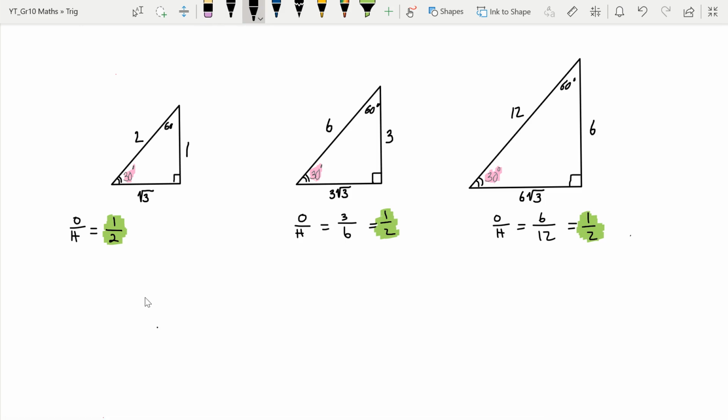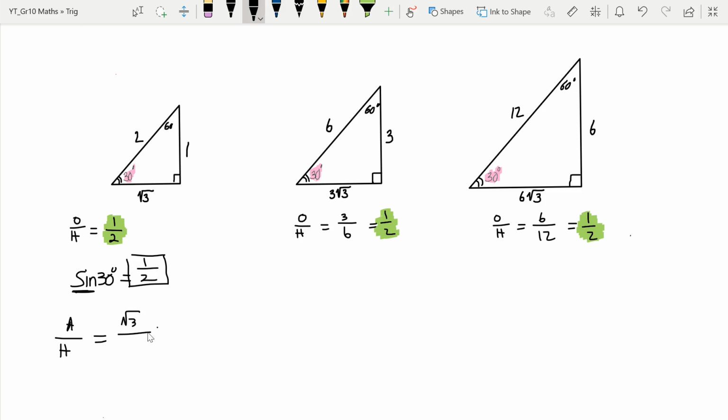And that's where the name sine comes in. So what we just said in words, we can now write it in a mathematical way. So the sine of 30 degrees will always be equal to 1/2. So the name for dividing the opposite by the hypotenuse is sine. That's naming the ratio. All right, if we do it for cos, if I take my adjacent over my hypotenuse,